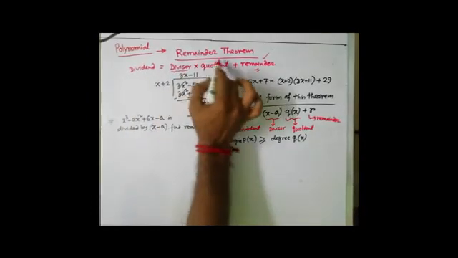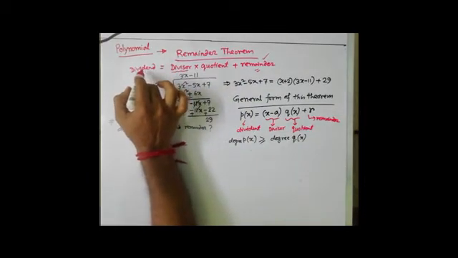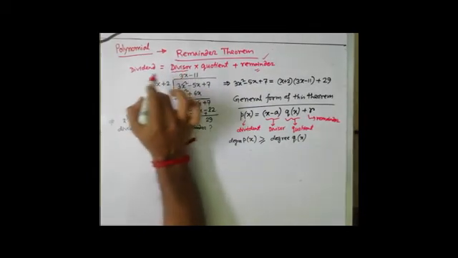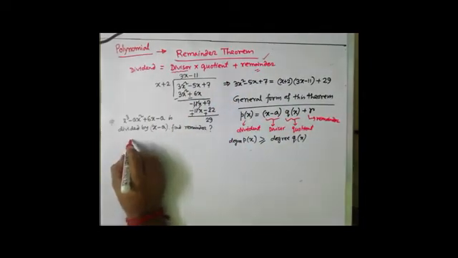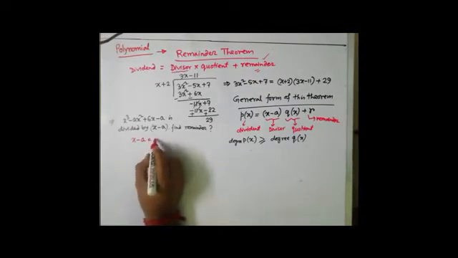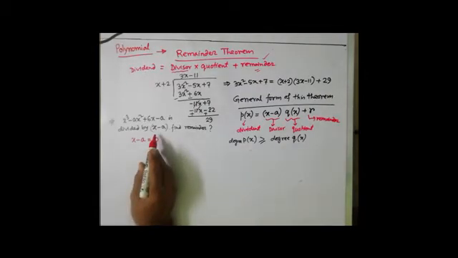So when this part becomes 0, the dividend will give you some value based on the divisor's 0 value, and that will obviously be equal to the remainder. So the process is simple like this. First, find the 0 value for this divisor. In this particular case, x minus a is the divisor.